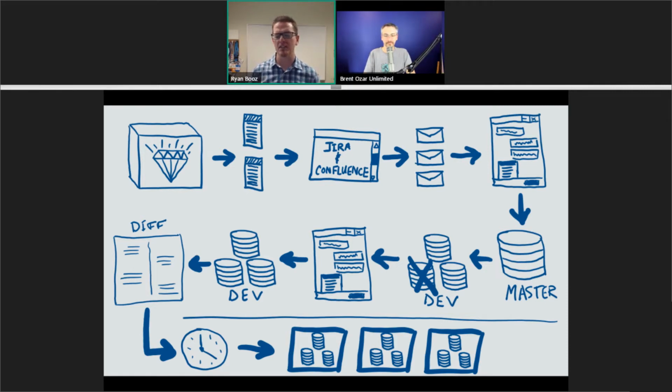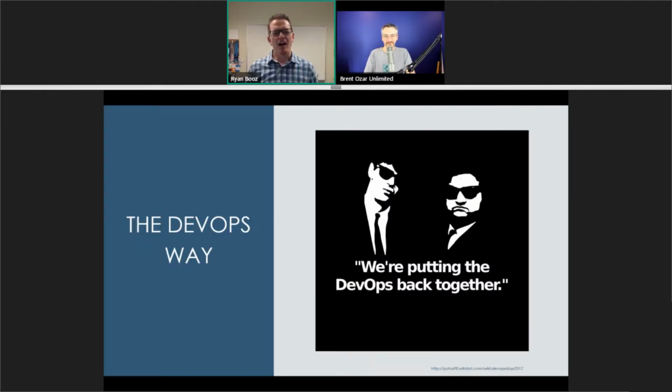Now, quite honestly, most of the schema changes work. We have hundreds of client databases we host. We provide these scripts to our own clients. And most of the time it works. There's a couple times it doesn't. And it's often because of data, not necessarily because of schema. And then maybe we're up all night. Who knows? But DevOps is what a lot of people are trying to do, it's the buzzword. We all know that.